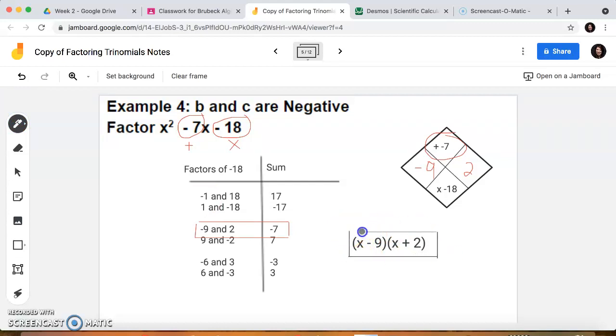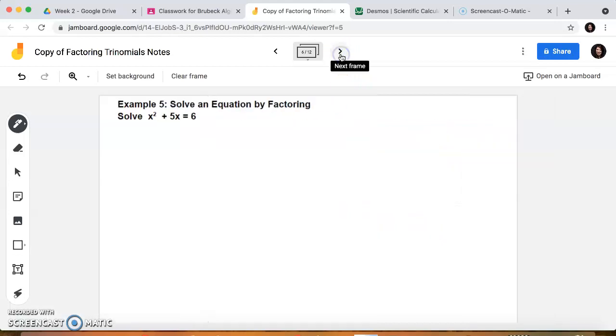All right, let's try the next one. So slide 6, this one's a little bit different. This one is not equal to 0. So what you have to do to solve is we need to get this 6 on the same side. So we're going to subtract 6 like this. Okay, and what that's going to mean is then we're going to have